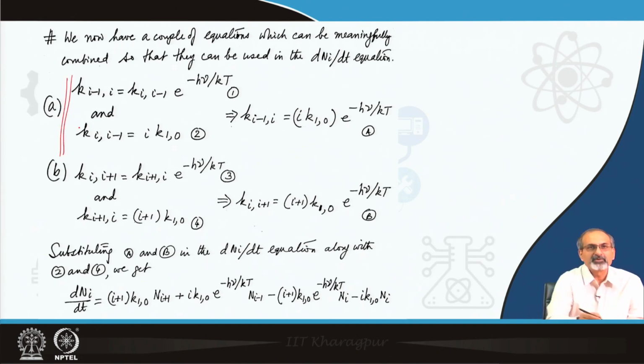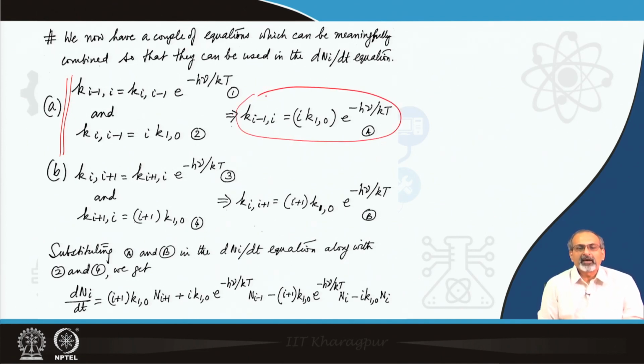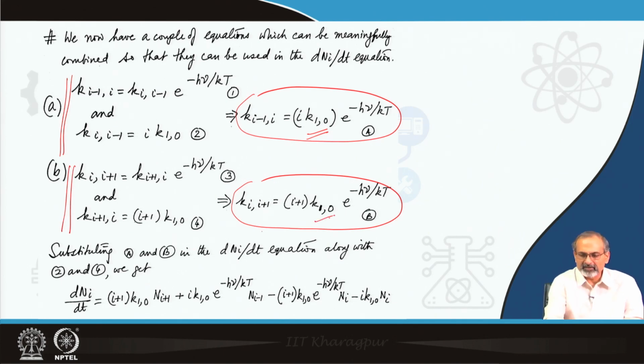So, this is one lot which we indicate as A, and if we combine, then we get a form like this for k(i-1, i) in terms of k(1,0). And then there is another lot here which, when clubbed together, will give us another important equation, which is k(i, i+1) again in terms of k(1,0). Now, if you go and substitute these forms into the dn_i/dt equation, you see that term by term you are able to